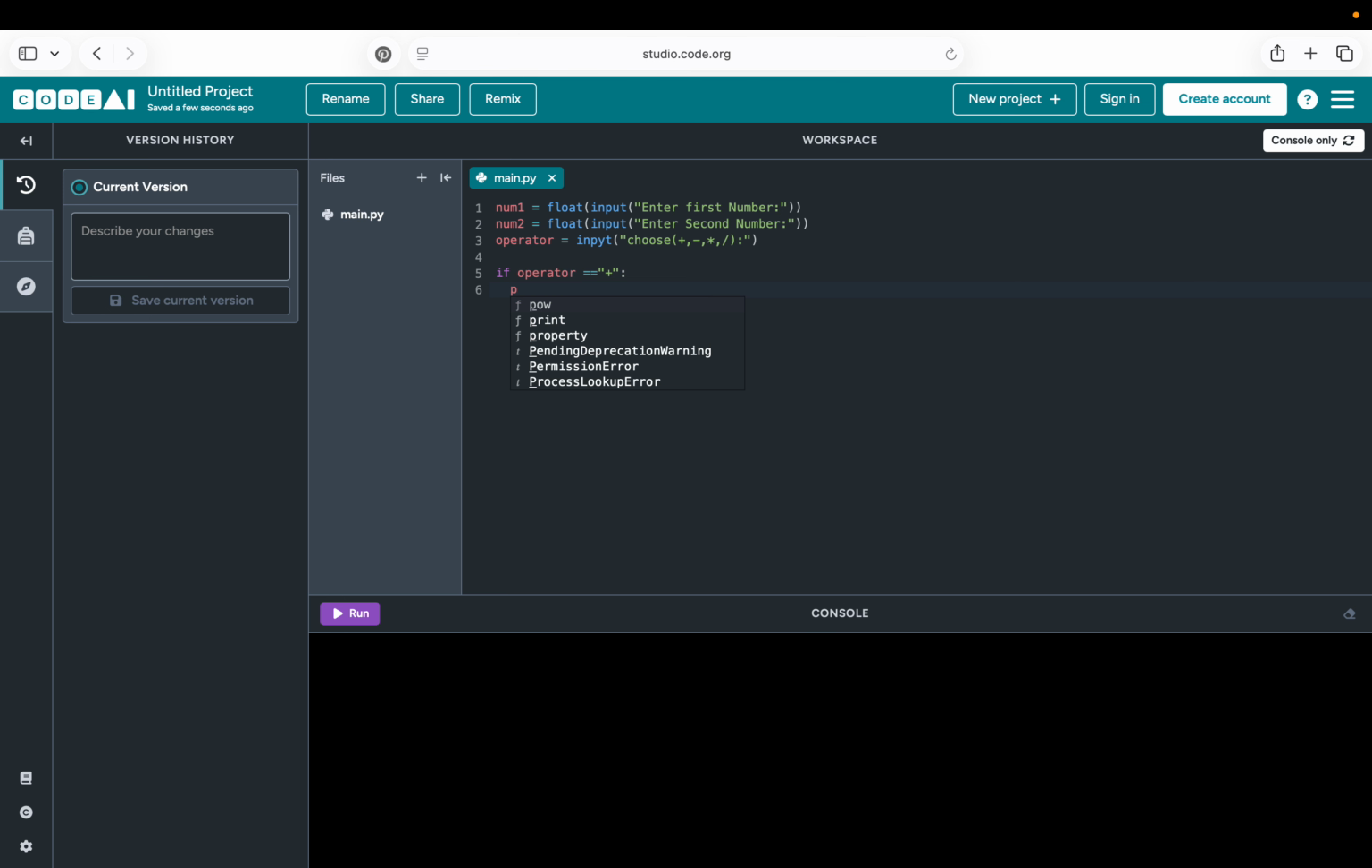print, answer is equal to num1 plus num2. Okay, then